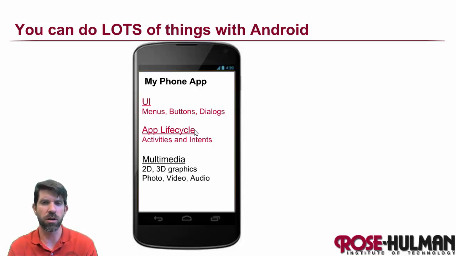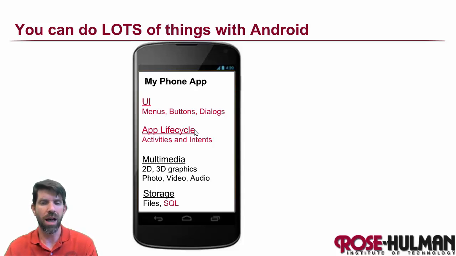The third thing is multimedia. Very cool stuff here. We're not going to be covering a lot of it in great detail, but for anyone who's very interested in doing 2D or 3D graphics, some audio-visual stuff, there are lots of opportunities, and Android supports a lot. The next thing has to do with storage. How do we get our data to persist after we stop running our app? You could use files, pretty straightforward. We're going to be focusing on using SQLite, which is sort of a full-fledged database.